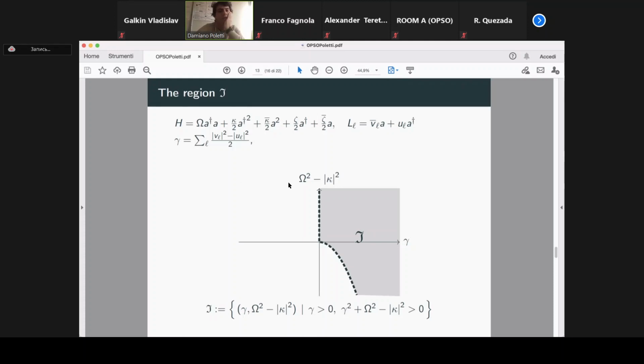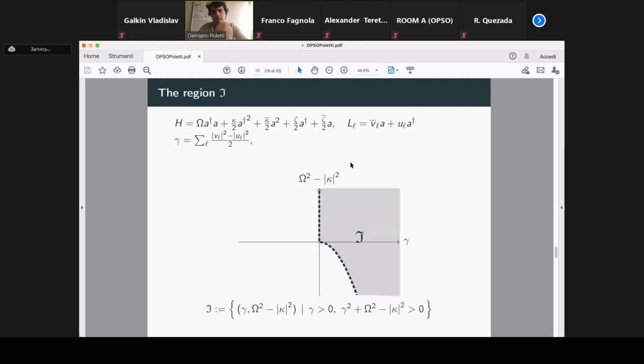Moreover, the other quantity, gamma squared minus modulus kappa squared, doesn't really matter when it's positive. But when it's negative, it adds some stronger requirements to gamma, implying that it should be even more positive than this. Actually, this result can be nice, but also quite obscure, but it can be motivated rather easily, and that's what I would like to do